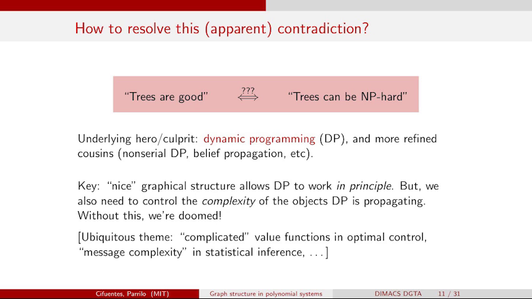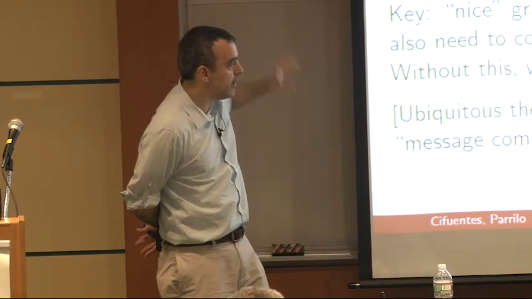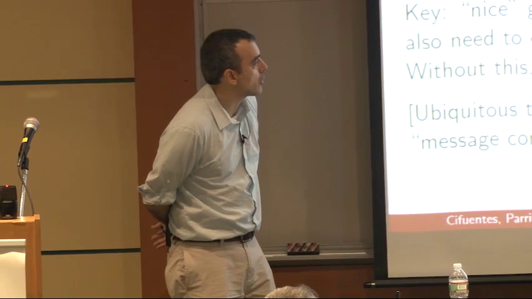And I'll try to make this clear in just a second. Somehow if you don't have a way, so dynamic programming gives us a recursion, like the recursion that I wrote before for this function SY. But if that object grows more and more complex as you propagate it, then because you have some finite object in which you have to propagate your function, if you don't have a way of bounding that complexity, then things are not going to work. And it will become clear again in the case of what we talked about earlier.